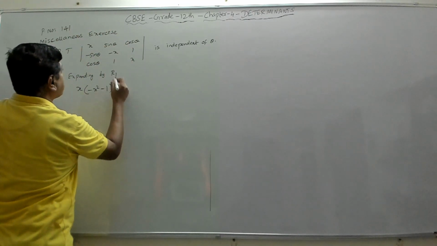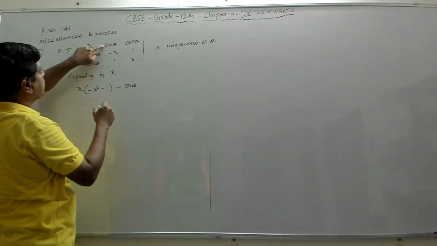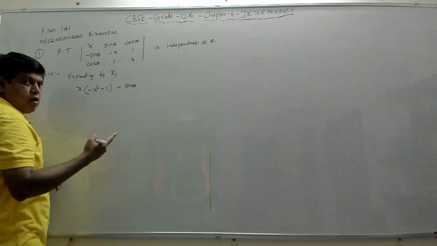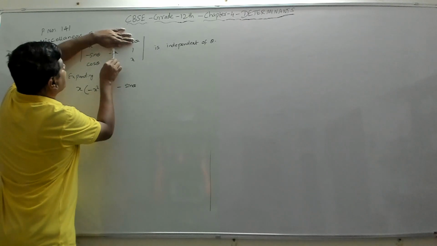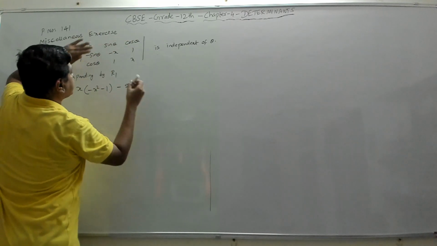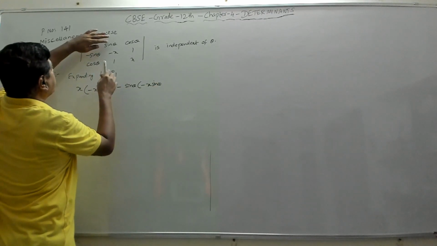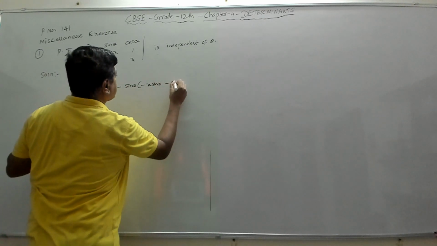And this is the second element. So minus, you have to put minus sine theta because the position is a1,2 and 1 plus 2 is 3, an odd number, which means negative. Minus sine theta of, you close this row and this column. You get x into minus sine theta is minus x sine theta, minus 1 into cos theta is minus cos theta.